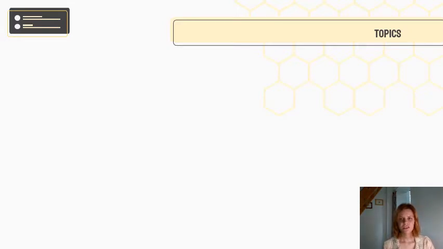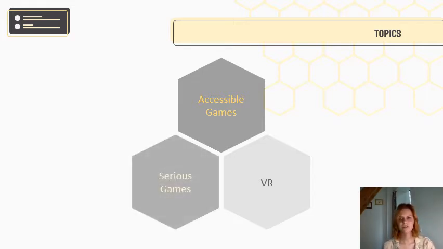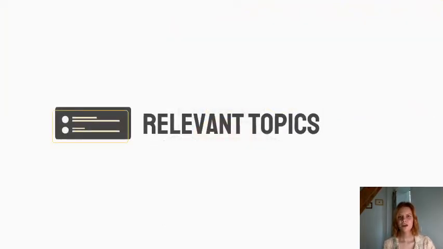Now, there were several topics involved in my thesis, which are important to understand the context of the work. And I made a graphic for this. So the 3 big points are accessible computer games, VR, and serious games. And I will get to that in a moment. This graphic will accompany us through the presentation as I will talk about these honeycombs one after another. I'm starting with the background knowledge, which is basically the theoretical part of my thesis, and I try to keep it short.